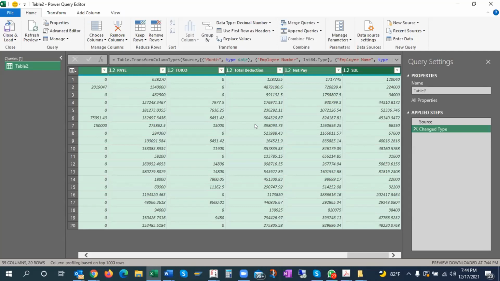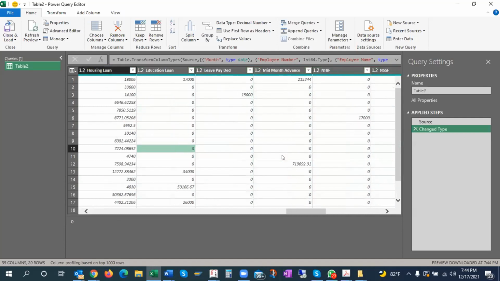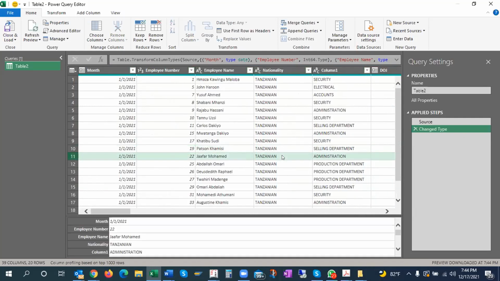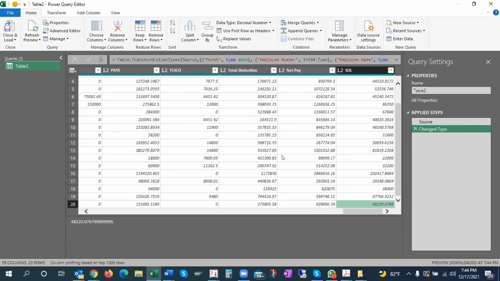It is very, very important that whatever type of data you have, each column should be properly selected for its type, based on the column. And I think now my data is good. Let me just see, do I have anything at the bottom? No, nothing is there at the bottom.